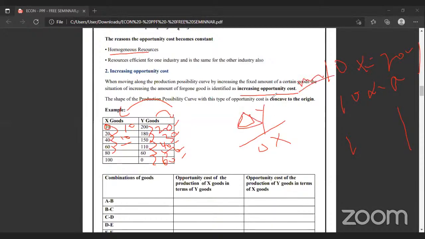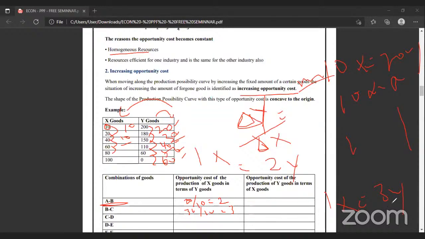To find the marginal opportunity cost, we need changes in the foregone output, foregone production, and changes in the produced production. So how much did they forgo in Y at first, combination A to B? Changes in the Y, 20, divided by 10. How much do they sacrifice? 2 units. That means we have to sacrifice 2 Y goods. The second option, 30 divided by 10, then 3. Now the second combination: when they are going to produce 1 unit of X good, we have to sacrifice 3. Wastage is increasing.